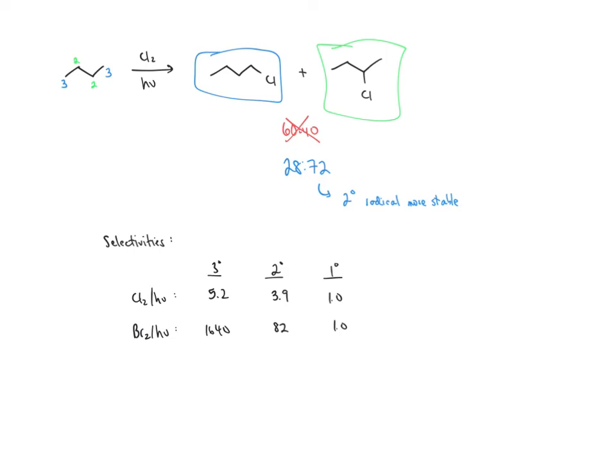Another way of thinking about this is that the transition state is much more product-like. And so it's going to want to resemble more the radical intermediate. And so if it wants to resemble the radical intermediate, you want a way of stabilizing this radical intermediate. And so one way of looking at this is to say, all right, if I have this CH bond here versus this CH bond here, and I'm reacting it with chlorine or bromine radicals, in the case of chlorine, I'm abstracting this hydrogen